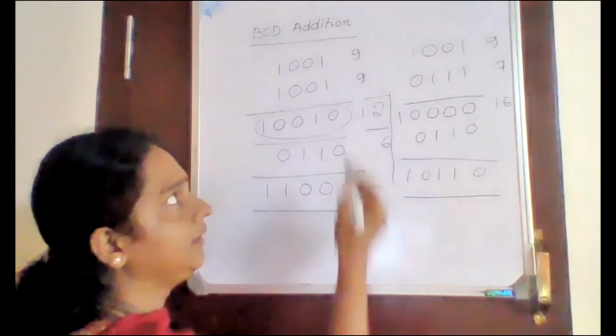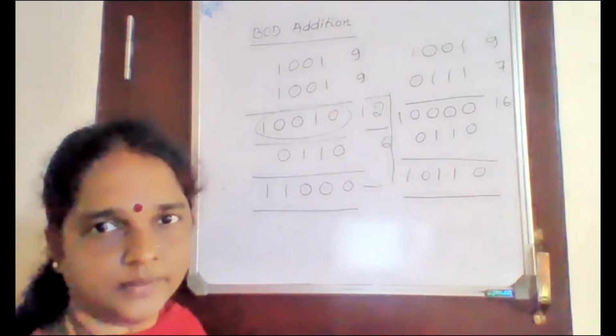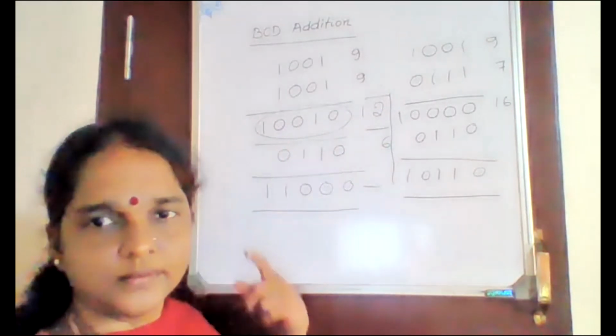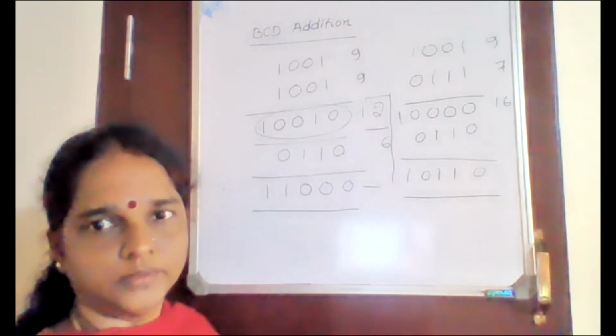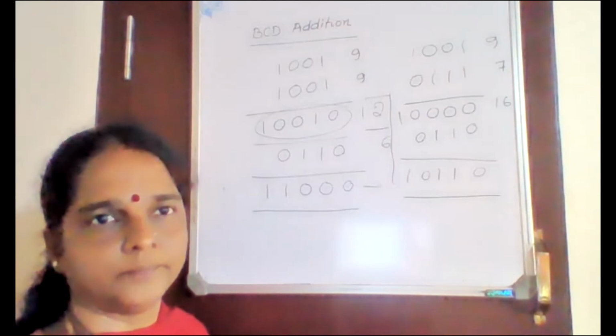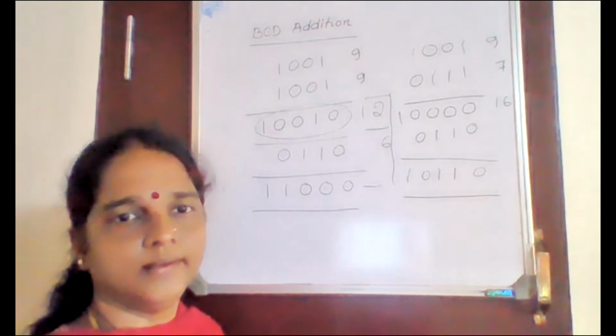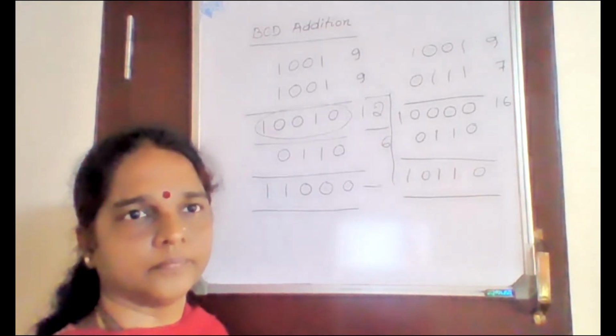So by comparing addition in decimal with the BCD value you are obtaining, you can get the exact sum of the BCD number. Okay, this is how we can perform BCD addition. So here is a small comparison between all the number systems we have studied.